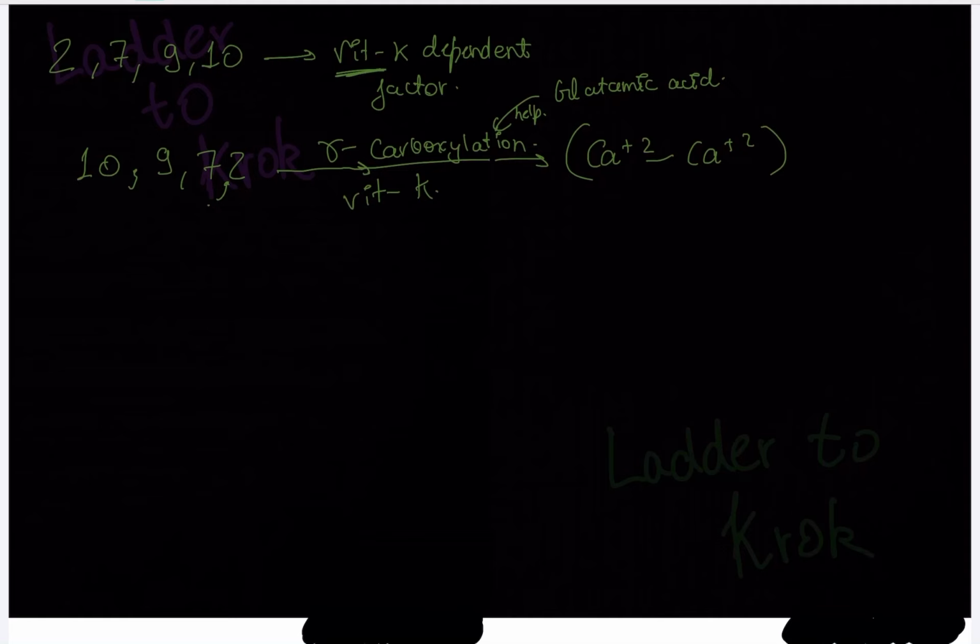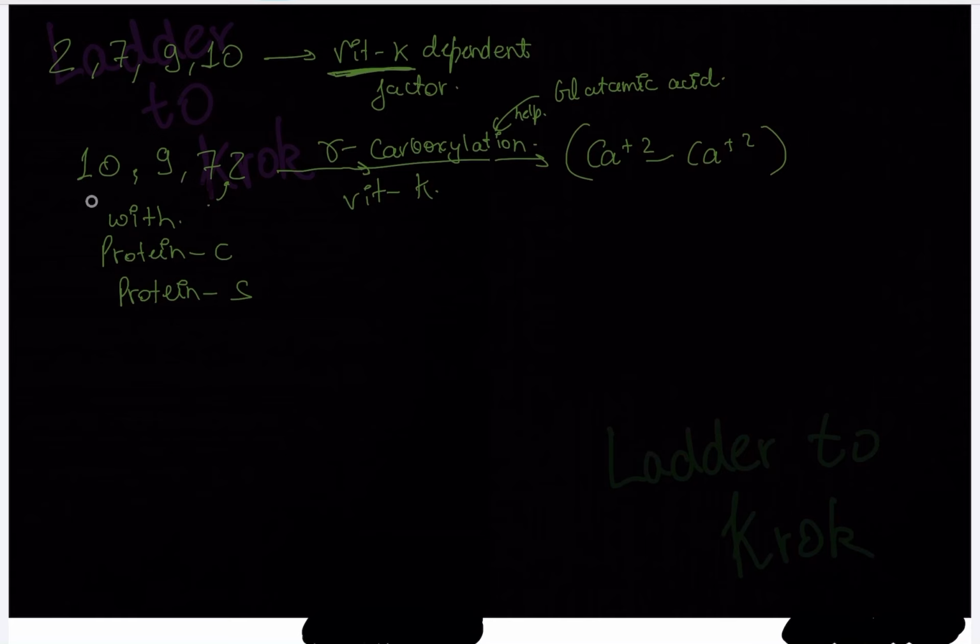Okay, these factors 10, 9, 7, 2 work with protein C and protein S. Now you can ask me a question: in our body there is always vitamin K, so why don't we have thrombin every time? If thrombin formation or blood coagulation happened all the time, then clots would form in our body, obviously. So, for that condition to not arise,